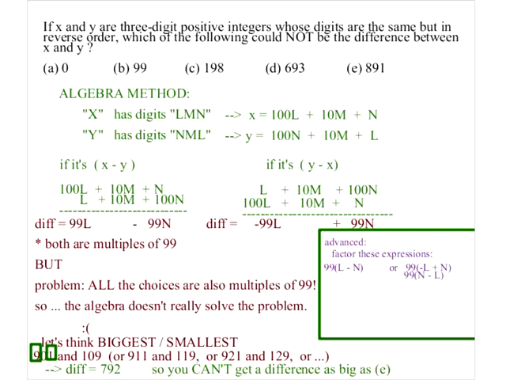Notice that the biggest that L minus N or N minus L can be is 8, not 9, because 0 is not allowed to be these digits. So the farthest apart you can make them is the split between 1 and 9. So the biggest value you can get is 99 times 8, or 792. That's what we found here. So if you understand this kind of number properties, you can do that. If you don't, it's not really a problem because you can just test stuff.